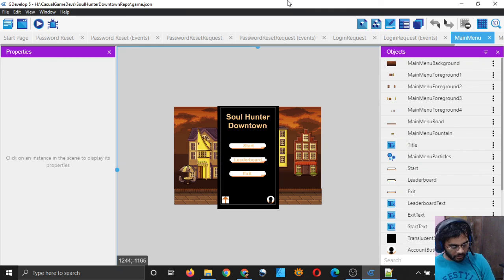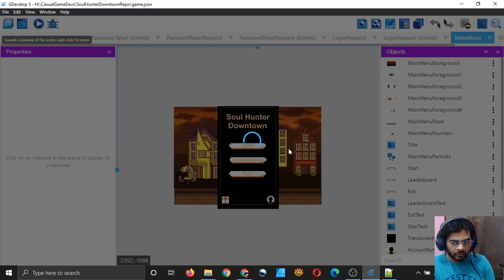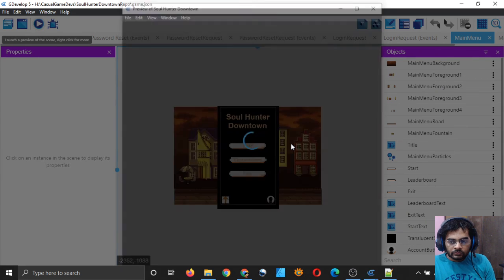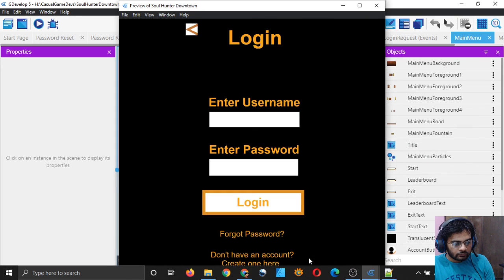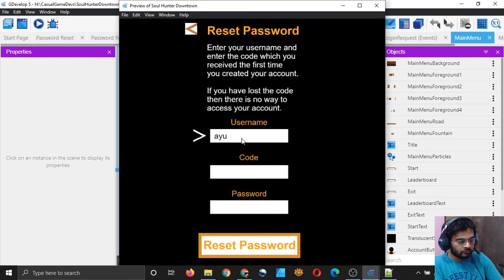So we saw that this password reset scene is working properly, right? And I think we have to test one more thing. When we put the wrong code, then what will happen? So let me just test it very quickly. I will just type some gibberish.